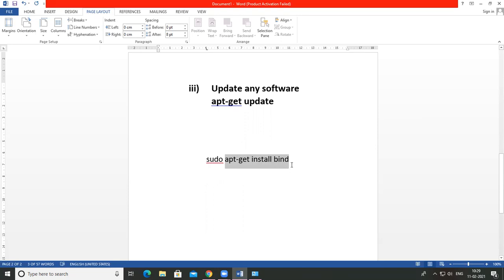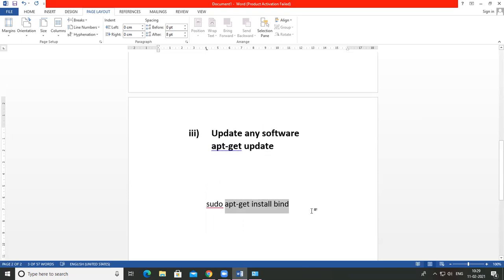Okay, so that type of software or application is installed in the Linux operating system.